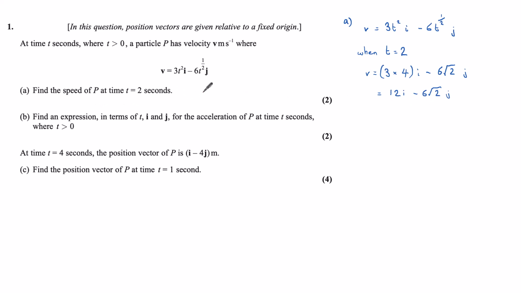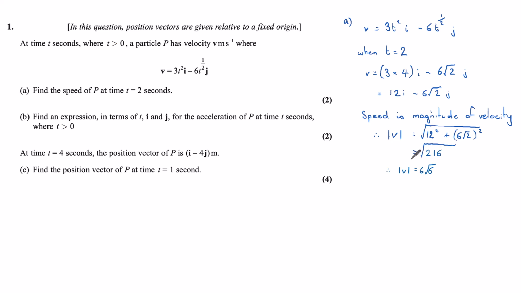Velocity is not speed. The magnitude of velocity is speed. So we need to find the magnitude of our vector v, which is the square root of our i component squared plus our j component squared. This is √216, or 6√6